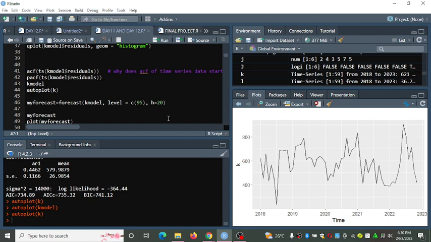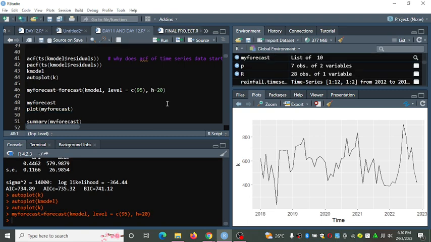From there you specify the points ahead that you want to forecast or predict. For example, I want to forecast the model with 95% confidence, and I want an output of 20 more points of forecast.